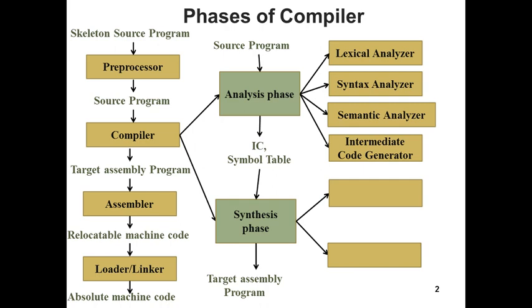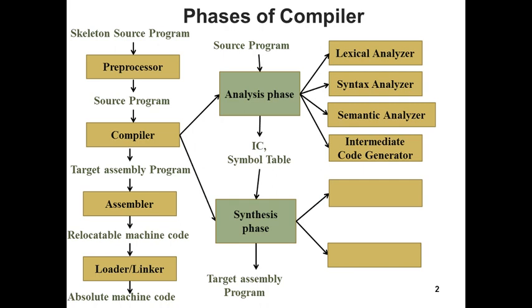In my previous video, I discussed the phases of compiler part 1 that includes the analysis phase. The analysis phase consists of lexical analyzer, syntax analyzer, semantic analyzer and intermediate code generator that generates the intermediate code representation of source program. It also generates a symbol table that deals with all the 6 phases of compiler. In this video, I will explore the synthesis phase of compiler design as part 2.